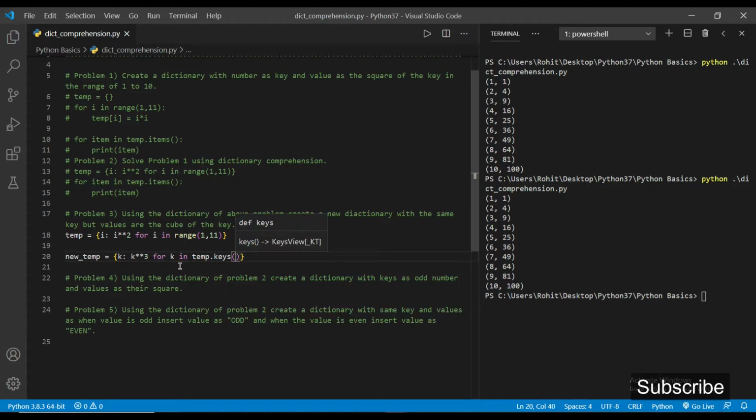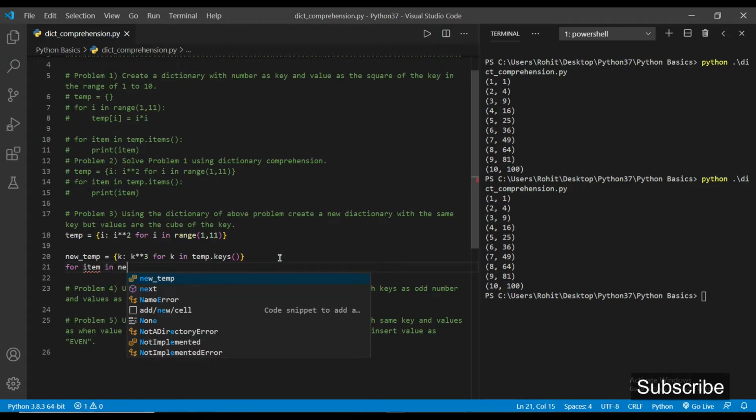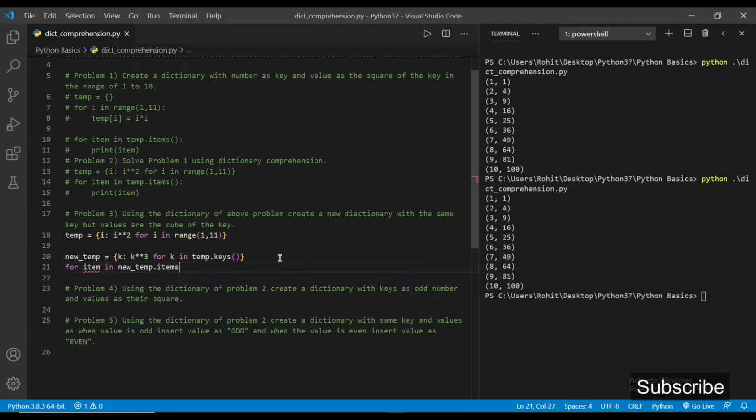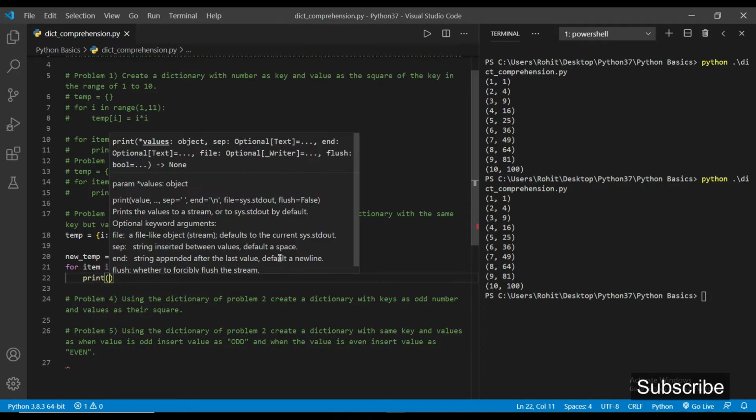It will extract all the keys from the dictionary temp and give them to the expression k cube. Now if I try to print it using a for loop, for item in new temp.items(), print item, then we will get the pairs of the new dictionary.